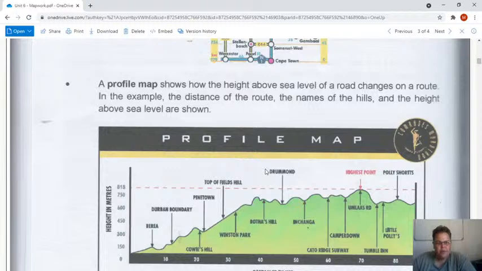Okay, then we have a profile map. Now, we can all see that this is the Comrades Marathon map. And often when you are watching the Comrades Marathon, or you know somebody that is running the Comrades Marathon, they say between Pinetown and Durban there is a massive climb. It is uphill all the time, and that is where they